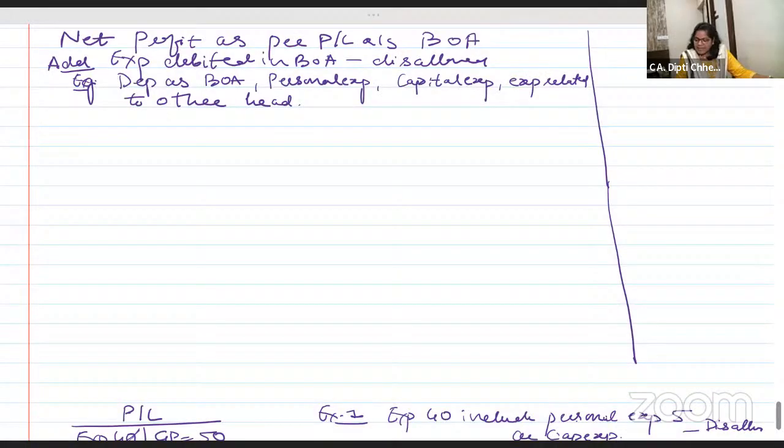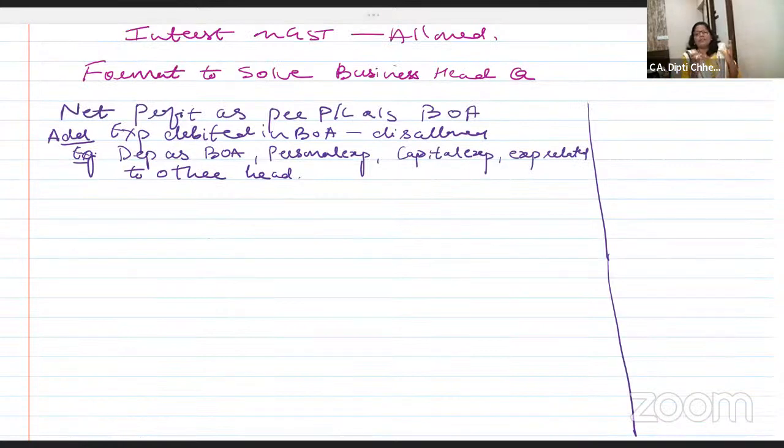I have completed everything. Look at the screen and I'm giving you the format on how to solve the business head problem, which comes mandatory in CMA and CA exam for 14 marks. And for final students also, coming 15-20 minutes is very helpful, because when you do the MAT and regular income combined problem, you need to know this formula.